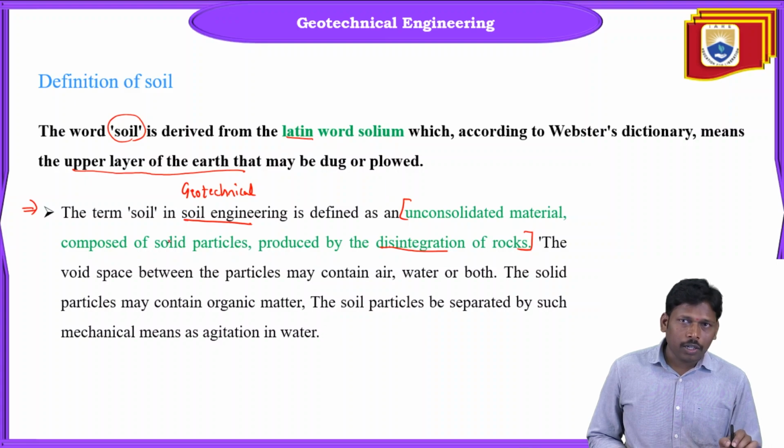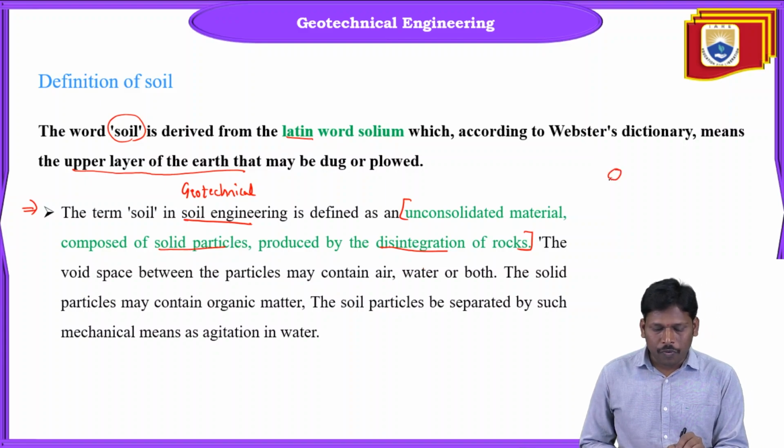The newly formed deposit, produced due to the disintegration of rocks, is composed of various solid particles. There are no unique soil particles. It is composed of different soils, and coarse aggregate may be present, and fine aggregates may be present. So it is an unconsolidated material. The void space between the particles may contain, and void space is nothing but, suppose you take